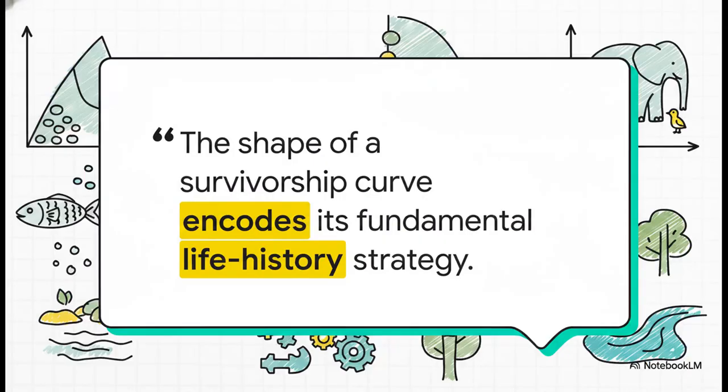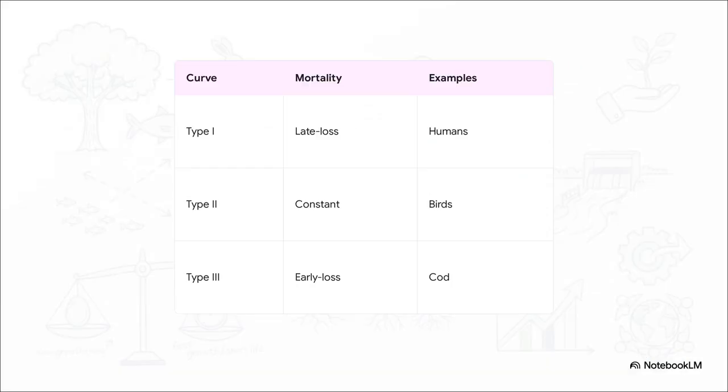Now, what's really fascinating about this is the profound meaning behind the actual shape of these graphs. As the quote notes, the shape of a species' survivorship curve encodes its fundamental life history strategy. Just by looking at the bend of that line, you can instantly tell when most individuals in a species die, how much parental care they're receiving, and exactly where they're investing their energy. A simple curve tells us if they're playing the long game for survival or making a frantic, massive investment in immediate reproduction. Let's walk through the 3 idealized shapes you're going to see out in nature.